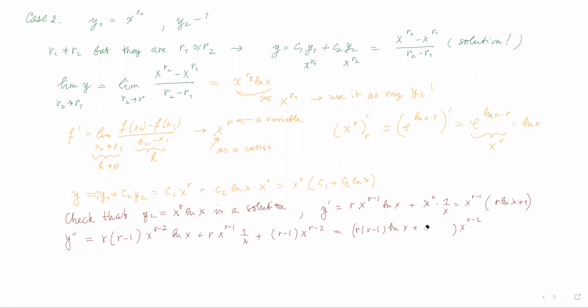And doesn't want to go. 2r minus 1, right? Good. Now I'm going to plug everything into my original equation with x squared and other stuff, right? Okay, it's not going to be very simple, but let me change the color so it's kind of looking differently. Blue. So I have a x squared and this x^(r-2) from the second derivative, and that expression (r minus 1) ln of x plus 2r minus 1.